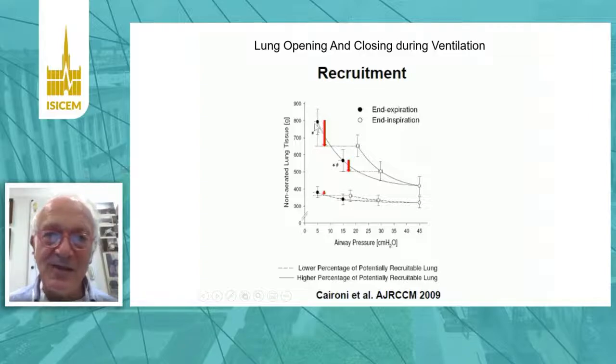It means that when he starts from 5 of PEEP and goes to 15 and goes to end inspiration at 20 of pressure, he opens up a big amount of lung, while when he expires, the same amount of lung collapses. When we move at 15 of PEEP, some lung still gets opened and closed between